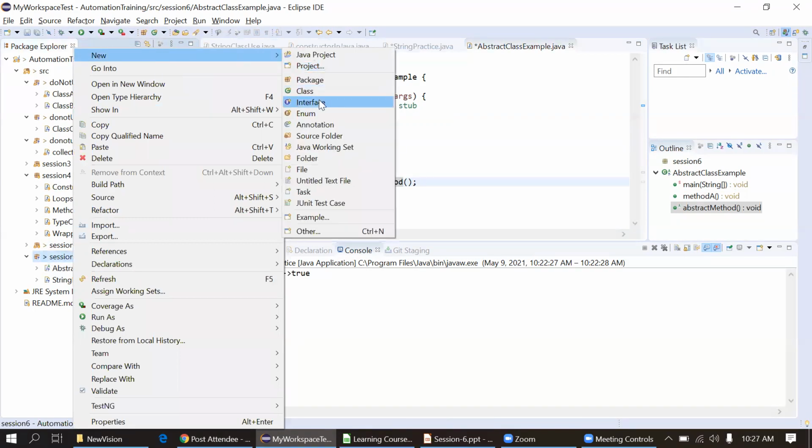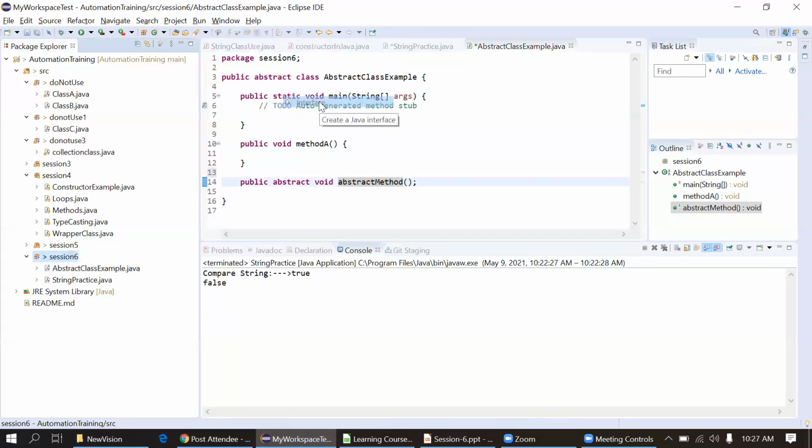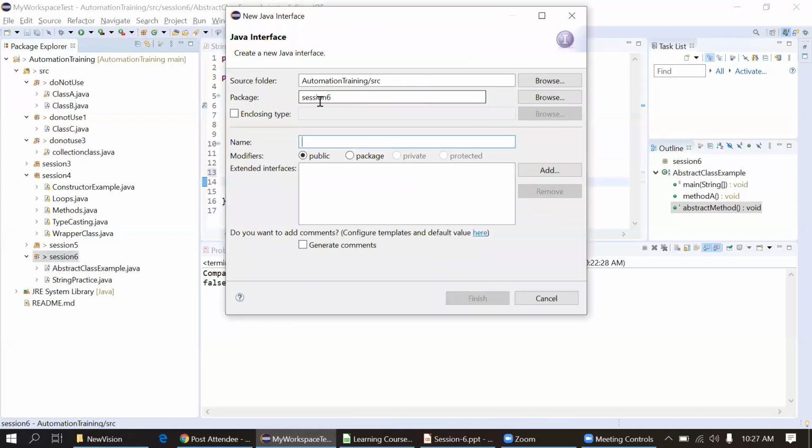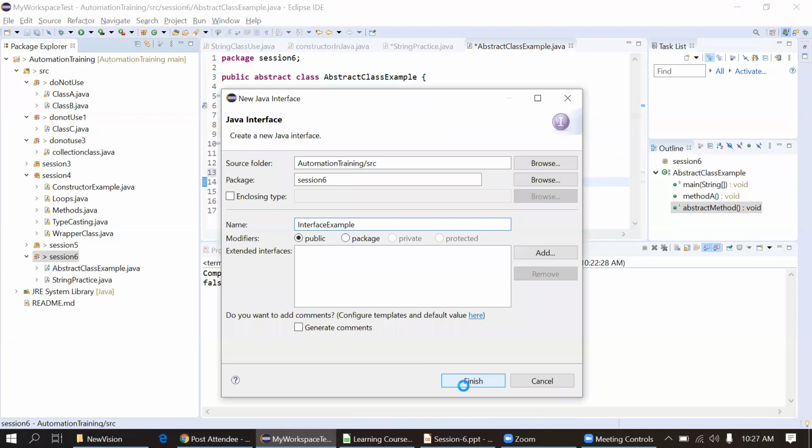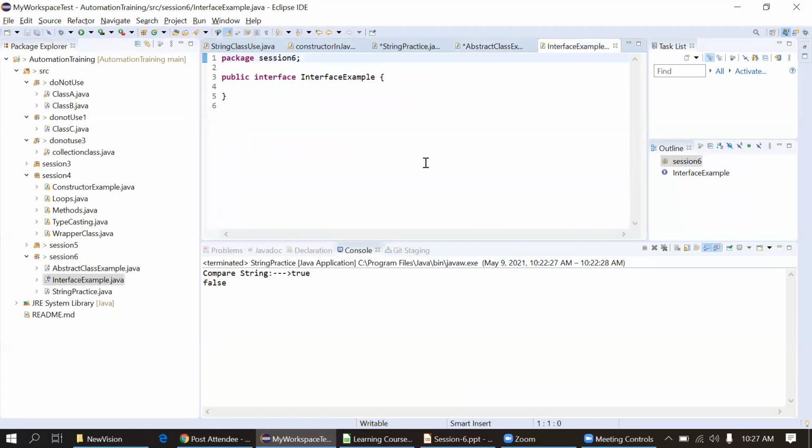New, and the interface option is there in Eclipse, or we can create it manually. Interface example. Now here I'll just define the method. Just declare the method actually.